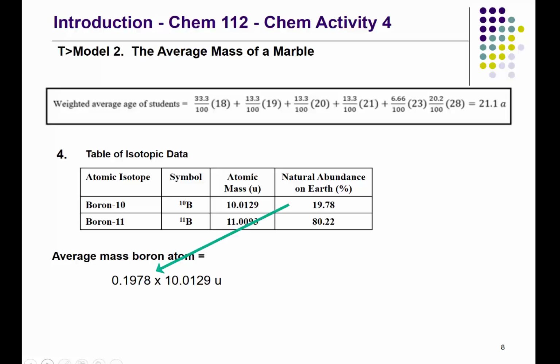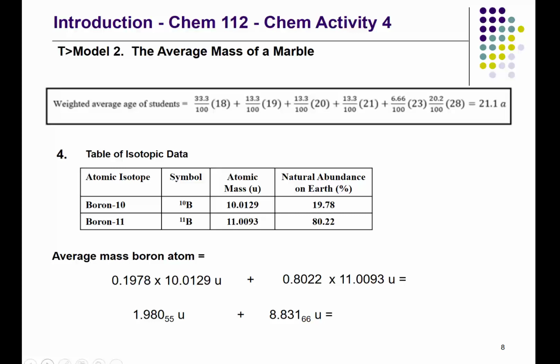So I multiply the 10.0129 atomic mass units by 0.1978, not 19.78%, but 0.1978. I multiply the 11.0093 atomic mass units by 0.8022. I show the intermediate step of these calculations so you can see that the product numbers should have only